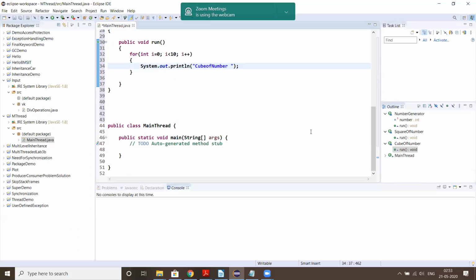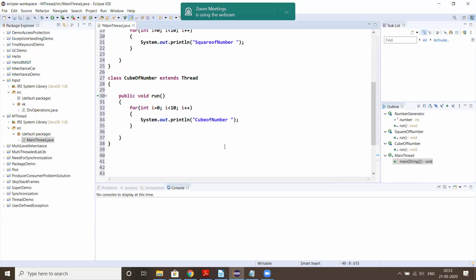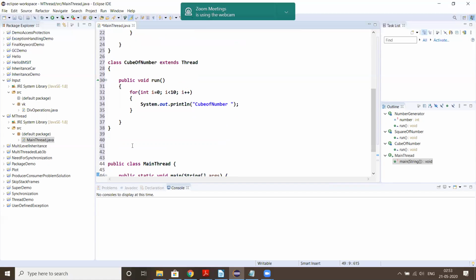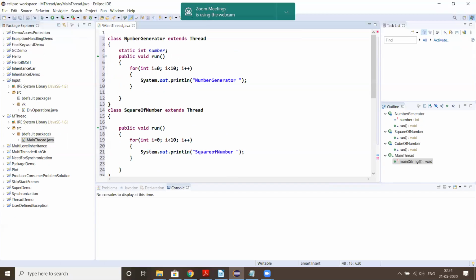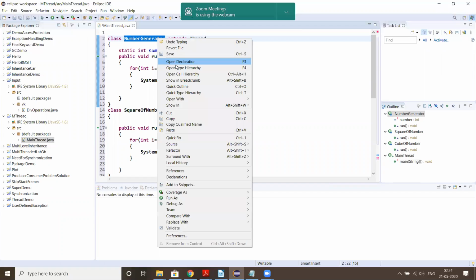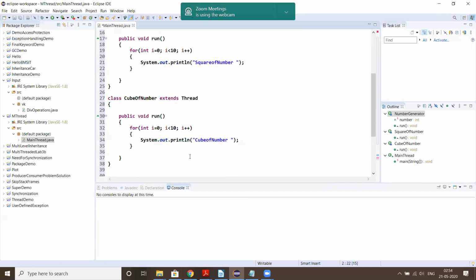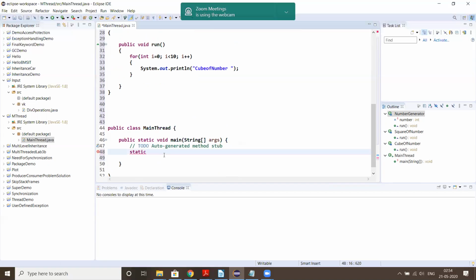So with this background, we'll create those three threads. So let me take the class name. Once I create these three threads, I can start them.